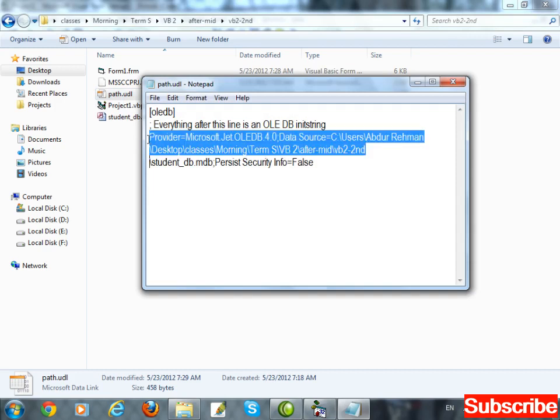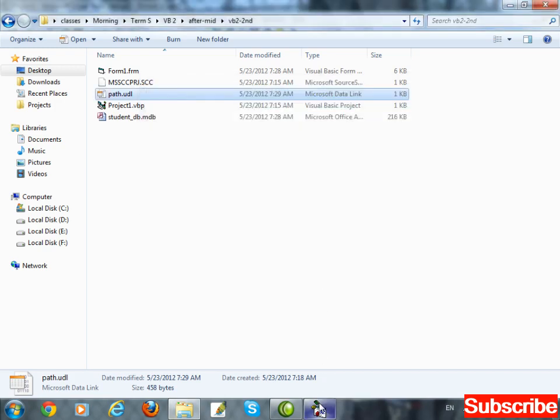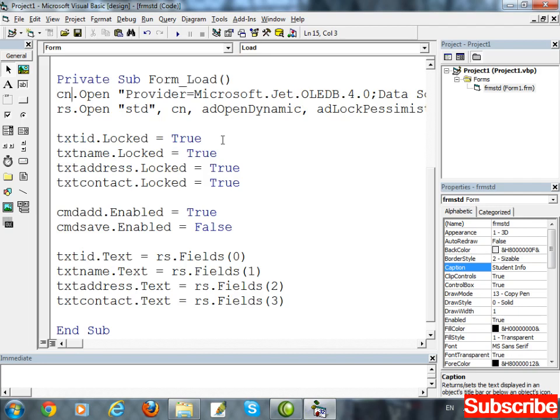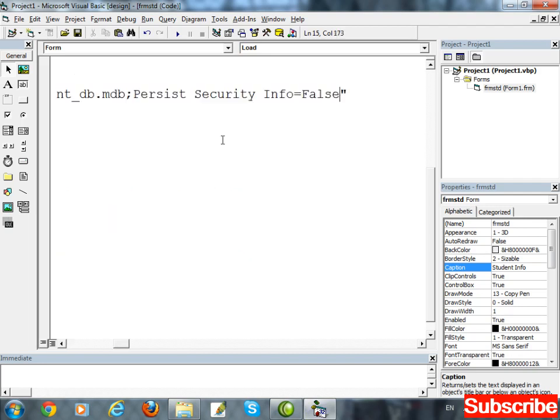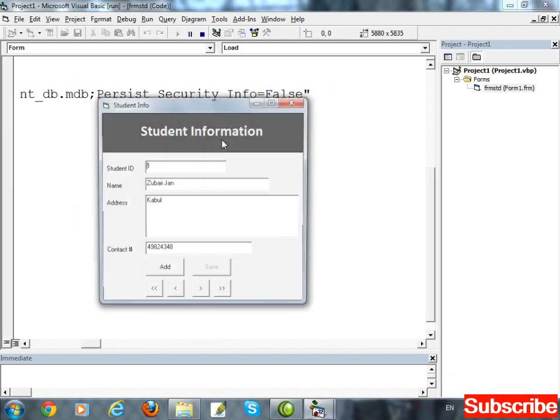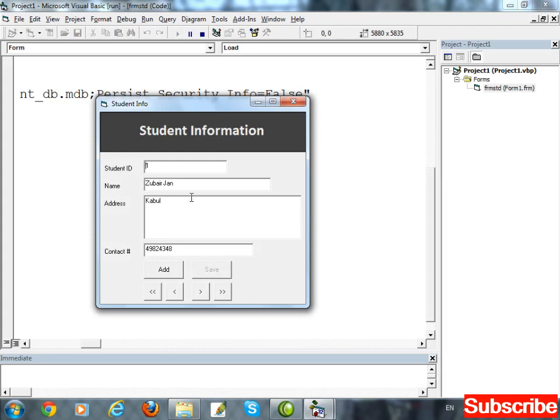Copy this complete path from here, from provider up to false. Control C. And here replace it with this string. Control V. Now start and check. The first record is selected. There was some problem in the path.